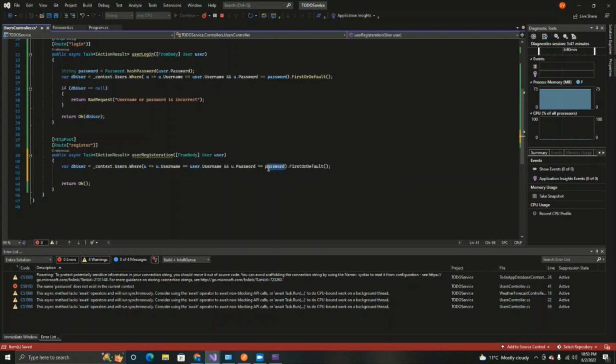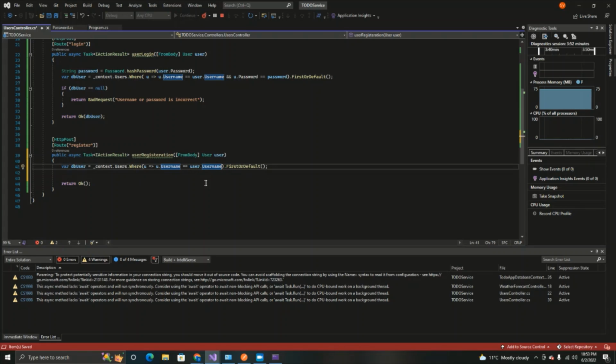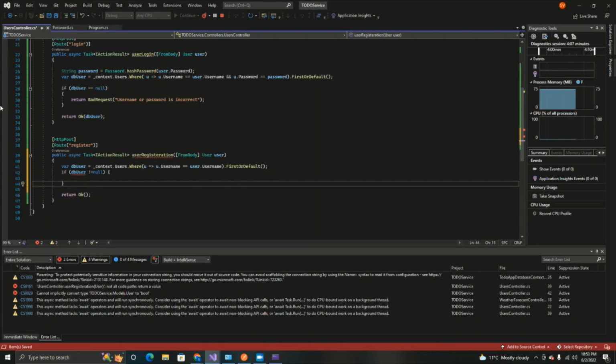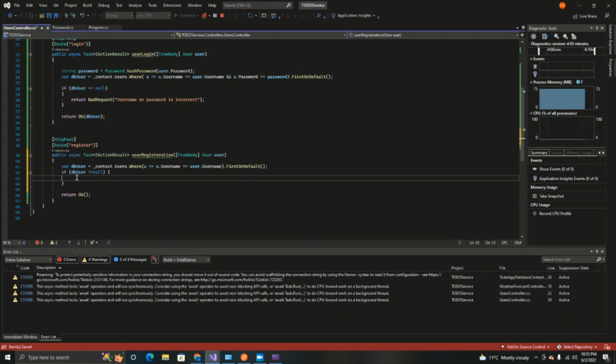But obviously, when we get a user from the DB, we just want to see if this user actually exists in our database, right? So if this DB user does not equal null, then you want to return a bad request, because you can't register users with the same username, right? So we want to say a bad request, which then says